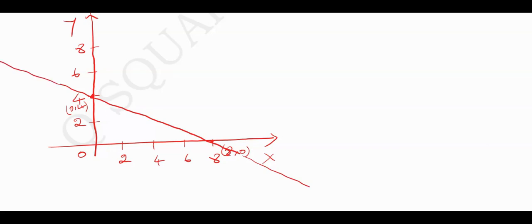Now the name of this line is x plus 2y equal to 8. Actually this is corresponding to the constraint x plus 2y less than or equal to 8. Here we have the sign less than or equal to, that's why we have to set the region towards the origin from this line, like this. We have to set the region towards the origin, so this is the origin from this line, like this.